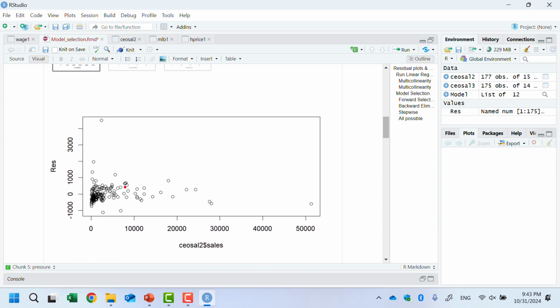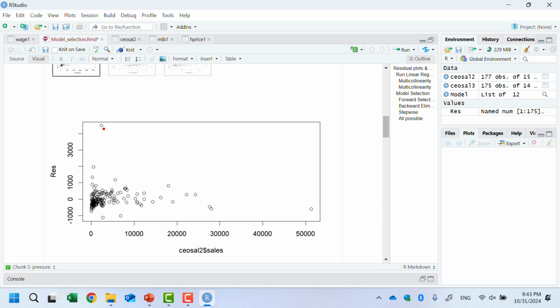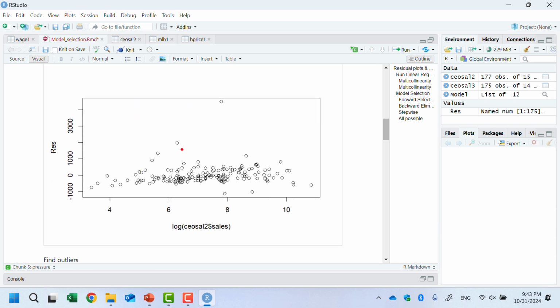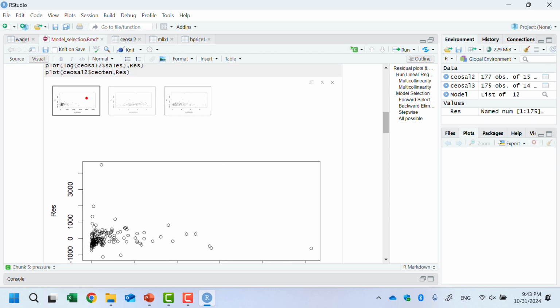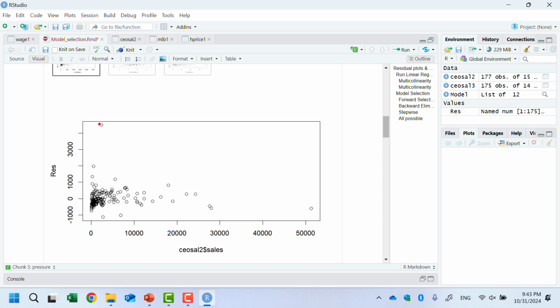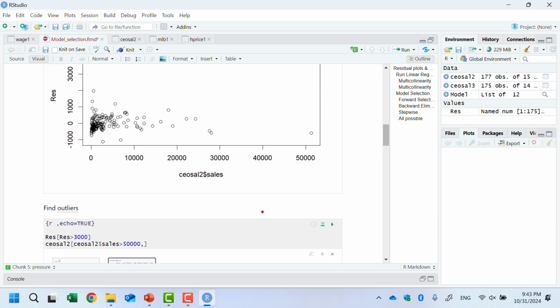And here, as you can see, most of the data is all together here, and then we have something pretty outside here, right? And this is also pretty outside. And you can see the same thing here. This is pretty off, right? So what you can do is find out which data point this one is, and get rid of them. Also, this one seems pretty off, so you can get rid of them.